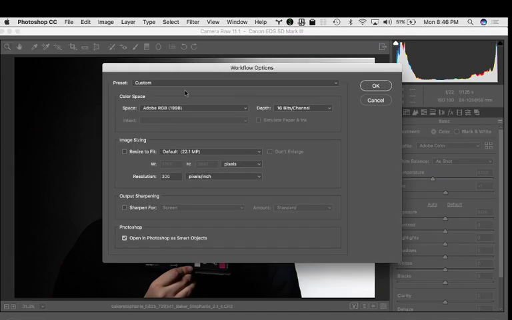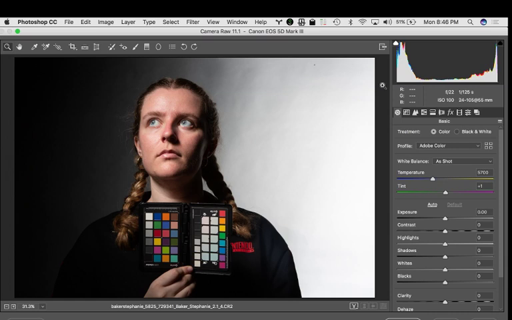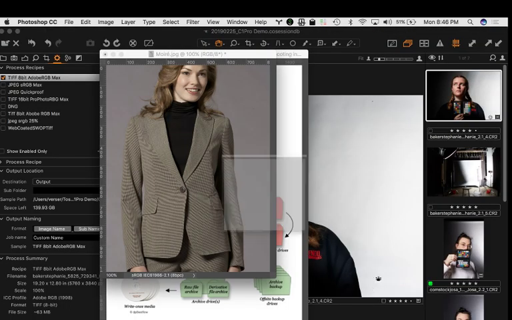In the dialog that opens up, I'm going to set my color space as Adobe RGB. I'm going to set it to 8 bits per channel. I'm not going to do any resizing. I'm going to leave output sharpening off. You would never do output sharpening at this stage because I have no idea what my output is going to be. I do want input sharpening here, but this doesn't allow me to do that part. But then you see this little checkbox right down here that says Open in Photoshop as Smart Object. If you say OK to that and then click on Open Object, you will see inside of Photoshop